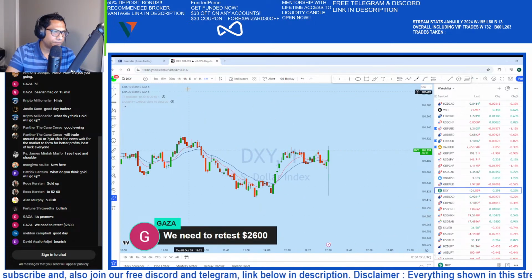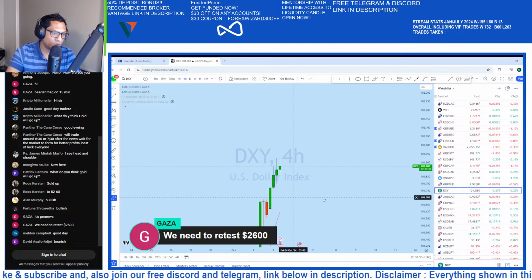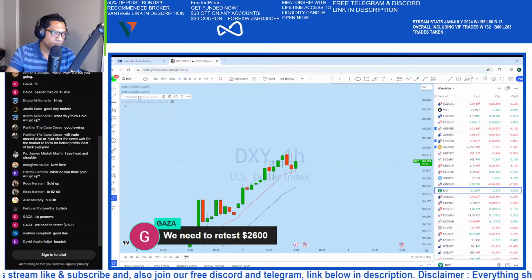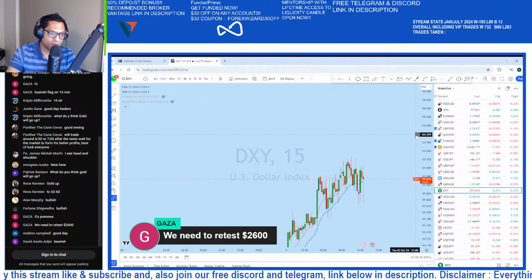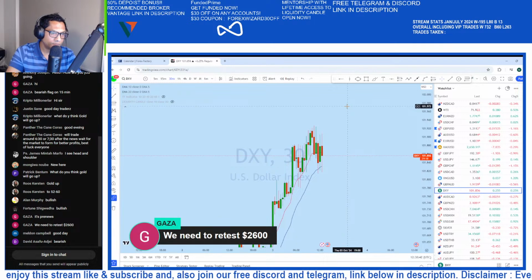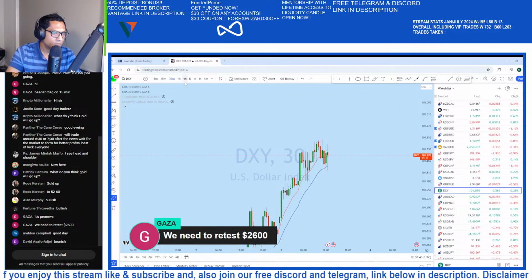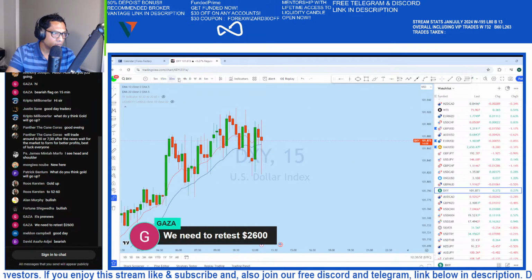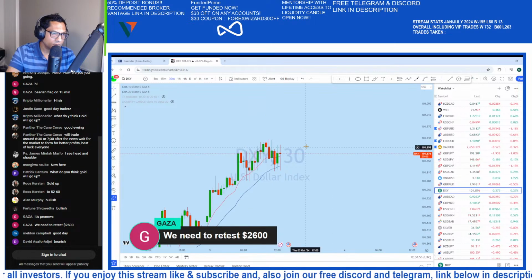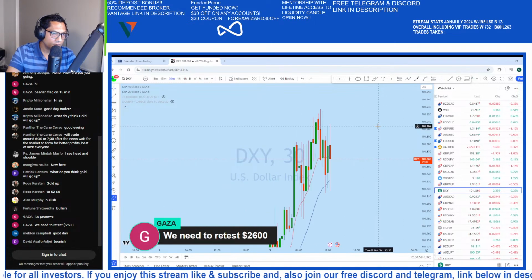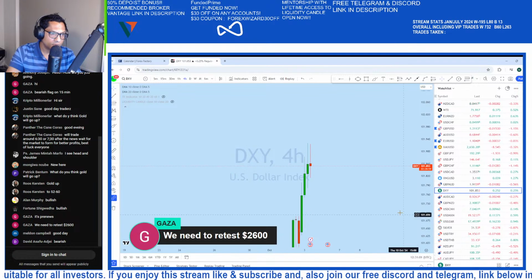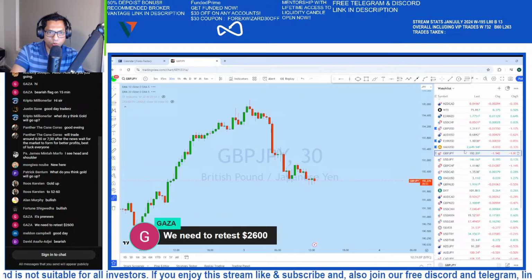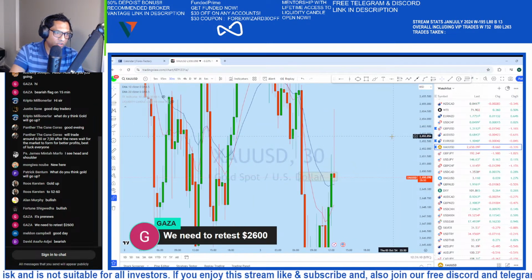So you see the DXY had a rejection from this support level, and when it had a rejection, okay, so you can see that on DXY, and if we look at the XAUUSD based on that data, we